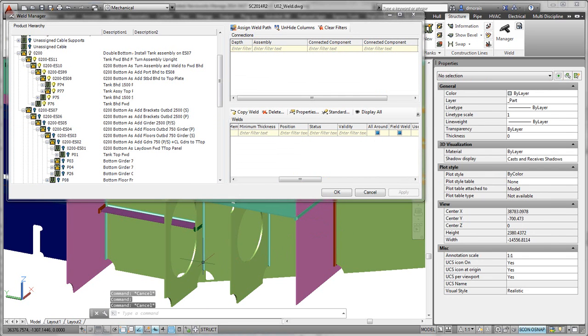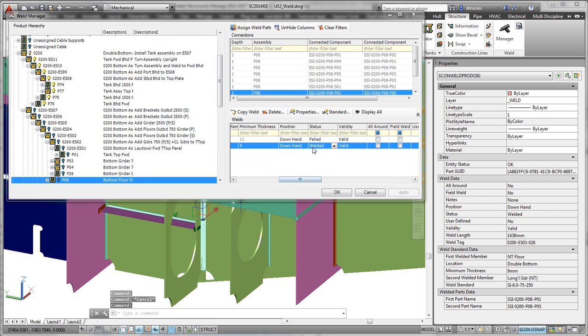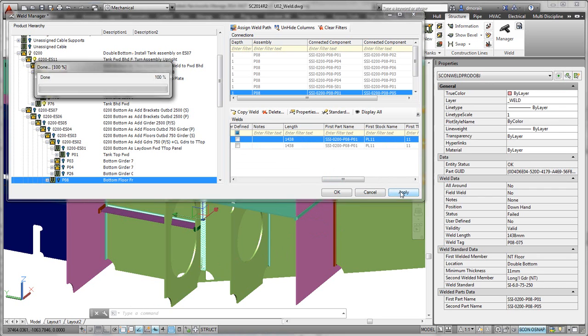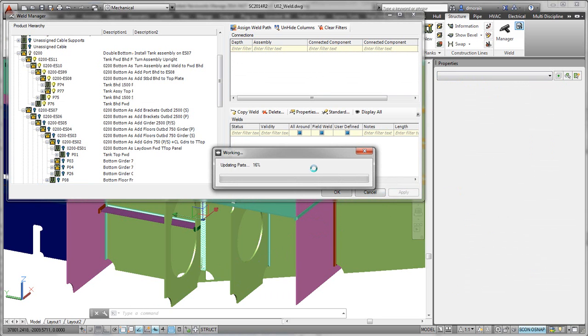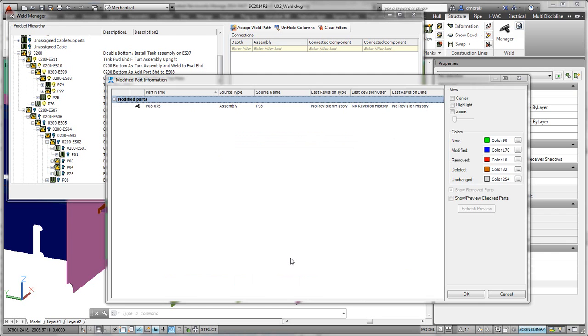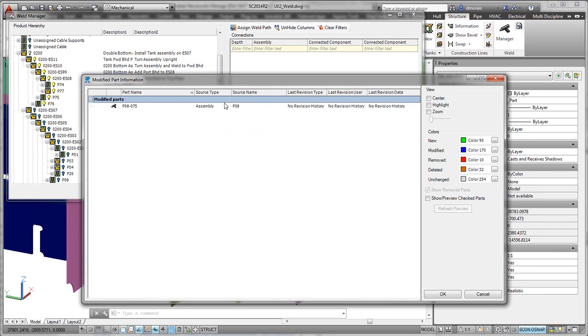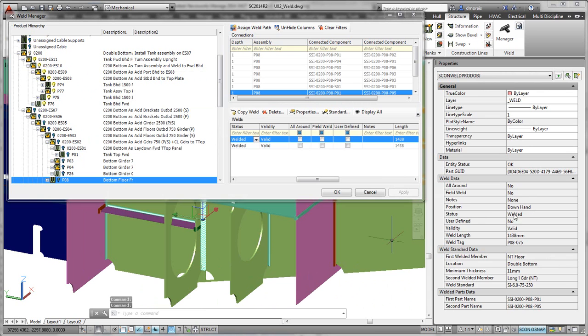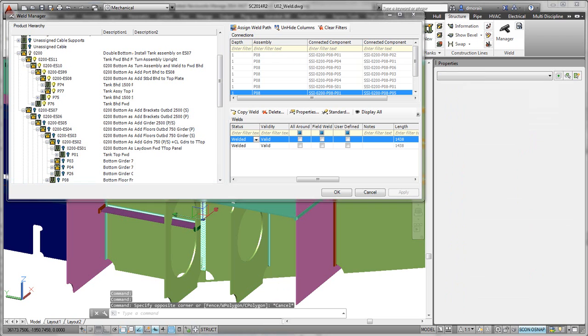What I'll do here is, I believe this is the one that failed. So there's a weld here that actually failed. If I change the status here to welded, apply the changes, and then save the drawing and update, you can see that I had the changes. When I updated the drawing, I accept these changes, and now my head drawing has reflected the new status of just welded. So if I save the drawing